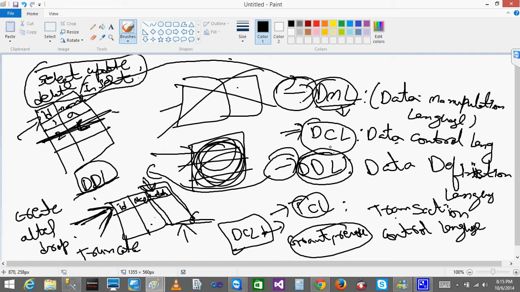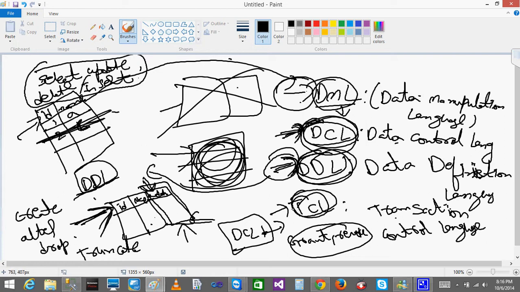Next you go to DCL. DCL means data control language. It is used to control the data security at the table level. So the 2 types of DCL are grant and revoke. Next come to DDL. DDL means data definition language, which is used to control the structure of the object. So for the DDL you will be using create, alter, drop, truncate commands.